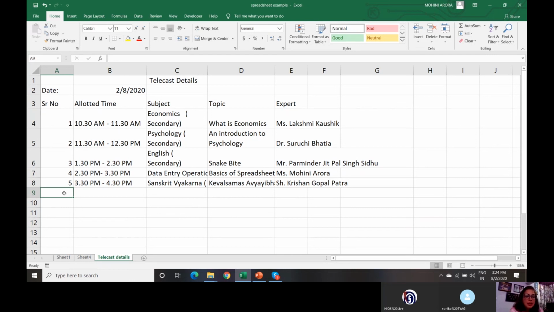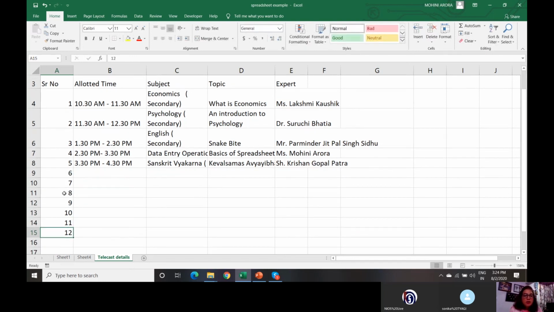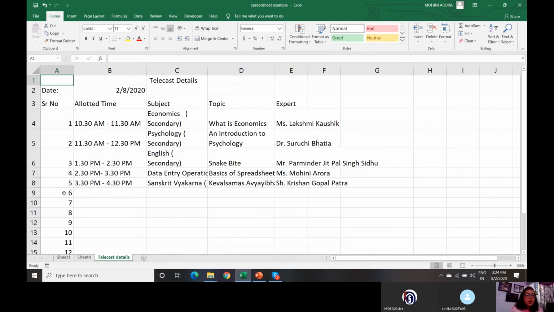At one point of time on the screen, I can view only till serial number 11, right? But my data extends to 50 or 100 or 500 or thousands of rows.